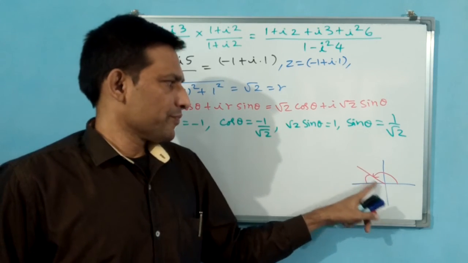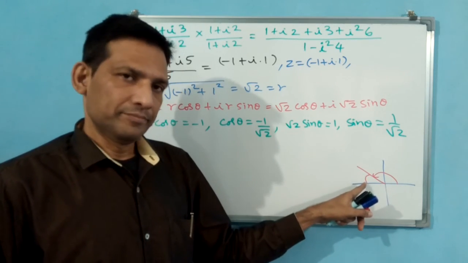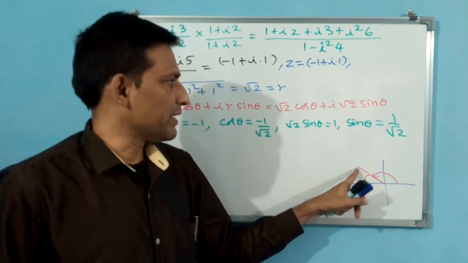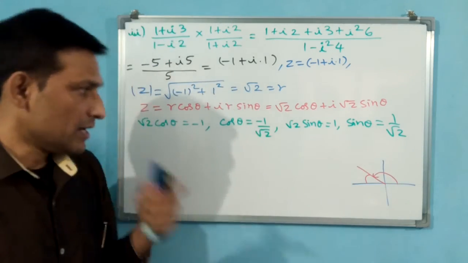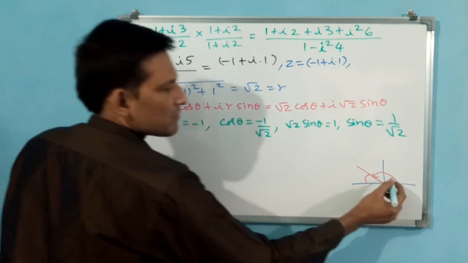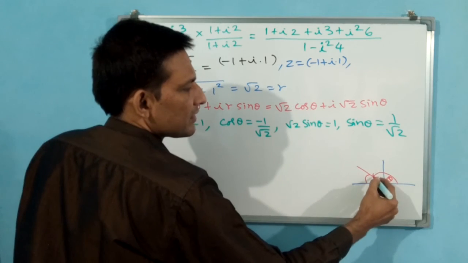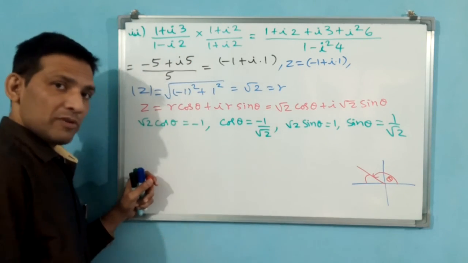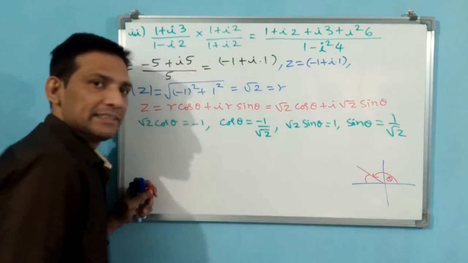This will be the angle. Because cos is negative, here cos is negative, second quadrant. Sin is positive. Then what will be this theta? Angle, not theta. Theta will be this one. You see, this is theta, up to here. But this is angle. Sometimes theta and angle both will be same. That depends on the quadrant.